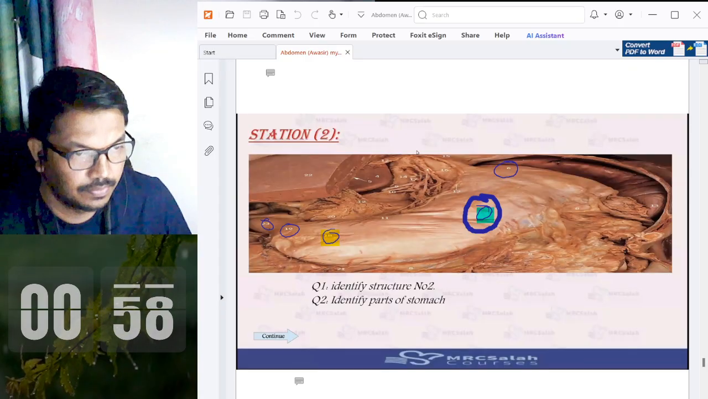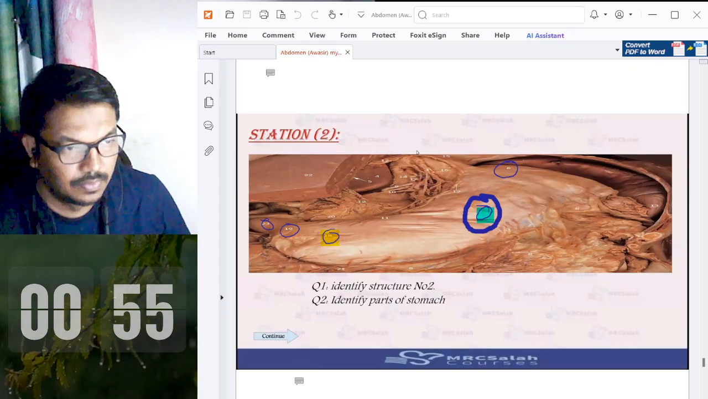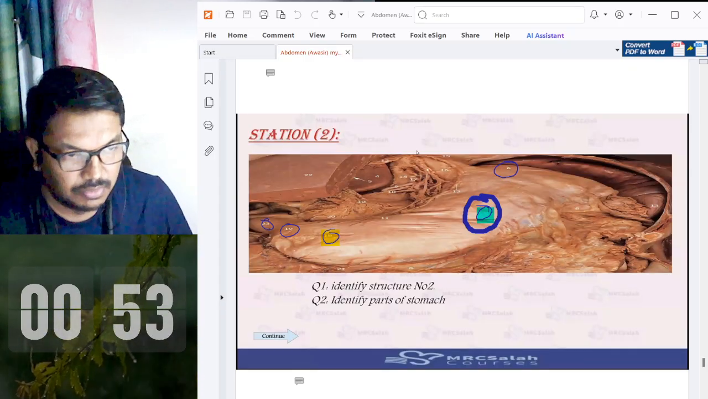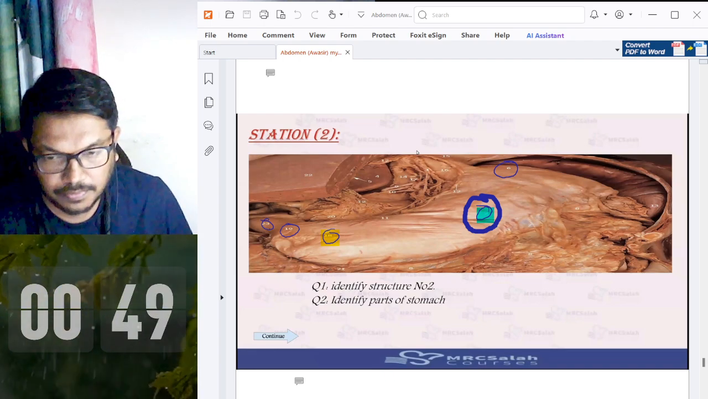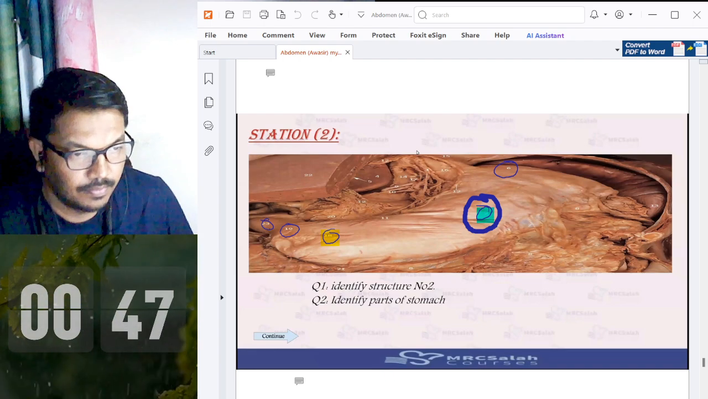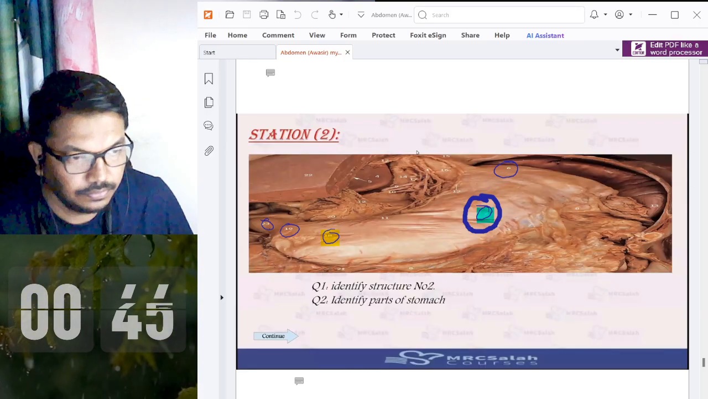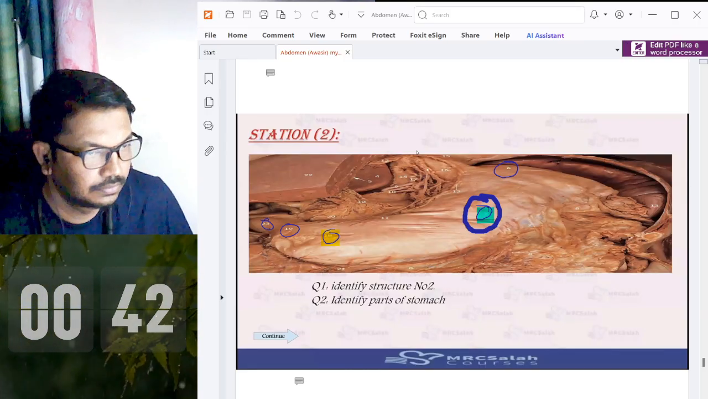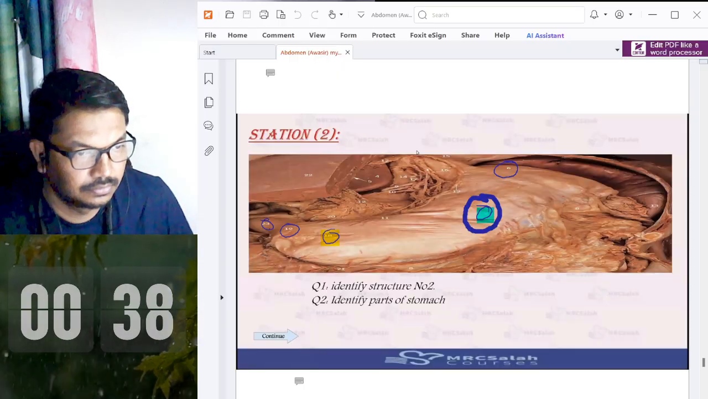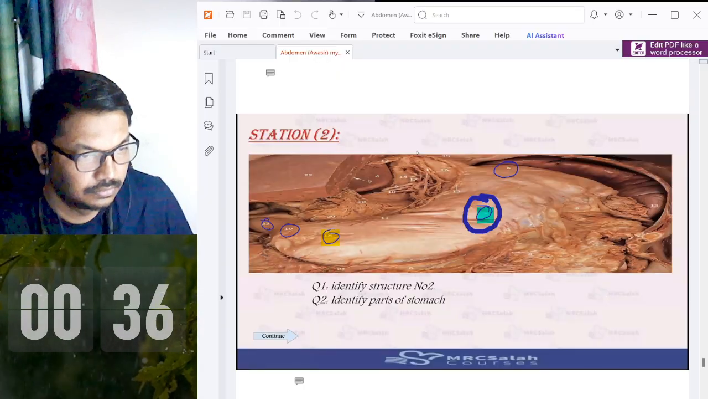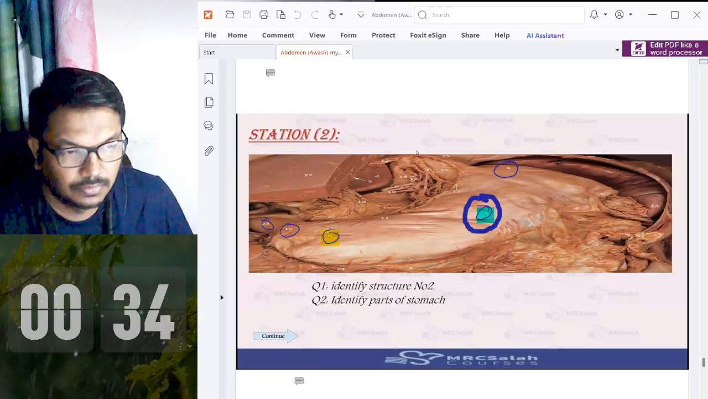Two is the body of the stomach. Identify the parts of the stomach. Number 6 is the fundus of the stomach. Number 2, body of the stomach. Then pyloric antrum, number 18. Then number 19, pyloric canal. Okay,